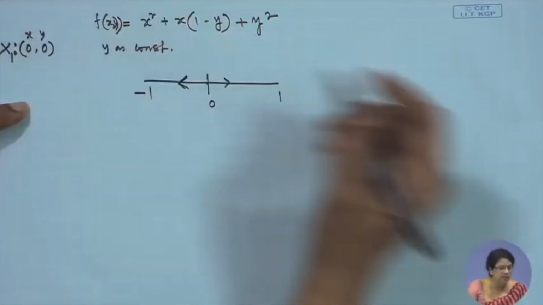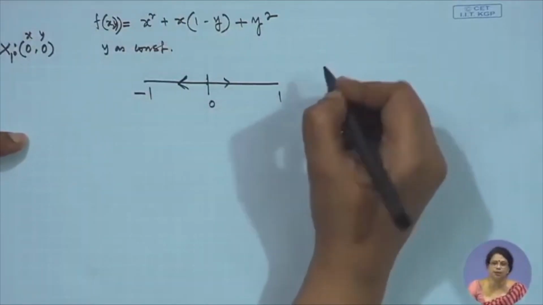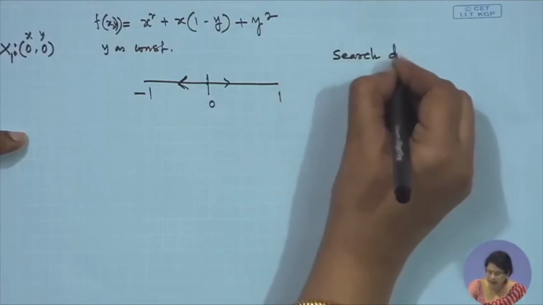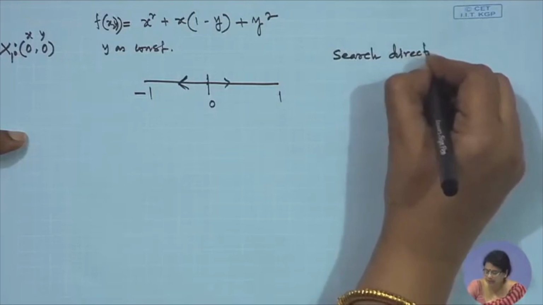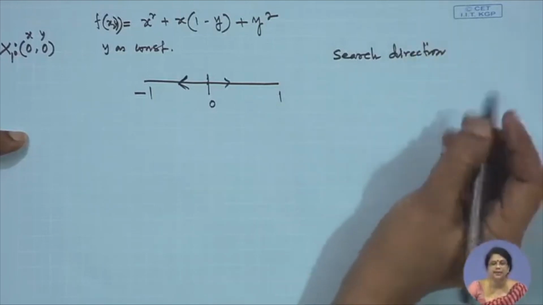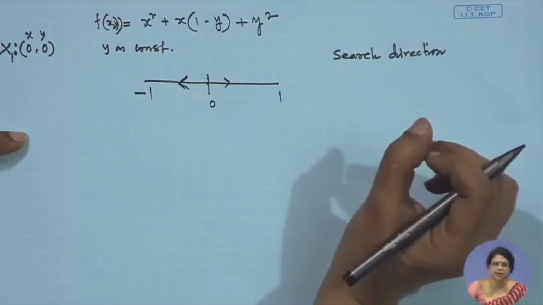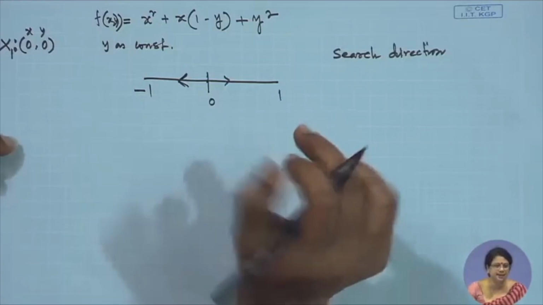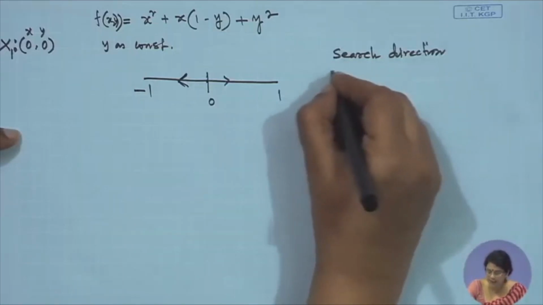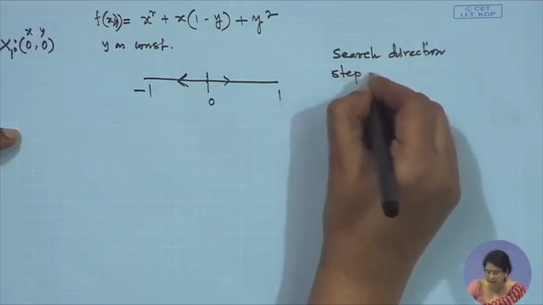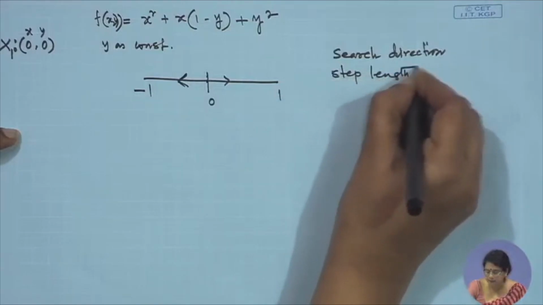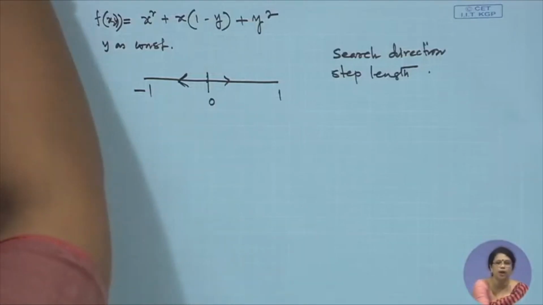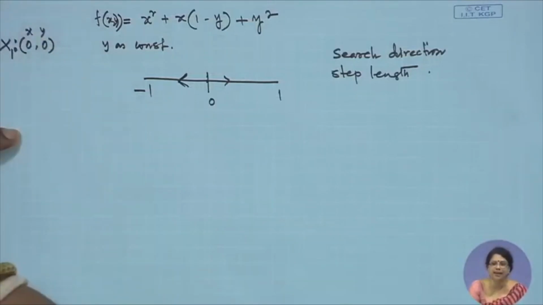That is why two things are involved. One is the search direction, in which direction I will do the searching, and the second is the step length of searching. Shall I jump a lot, or shall I move with a small delta? That is why two things are involved here, search direction and step length. I have considered the search direction 1 0,